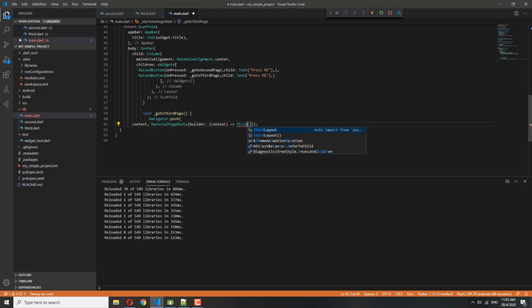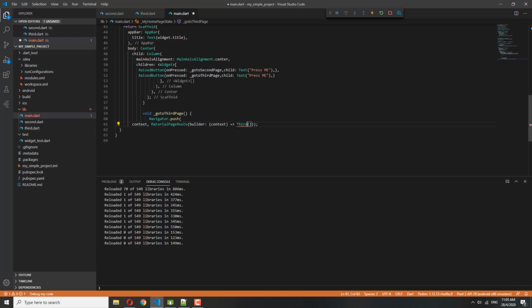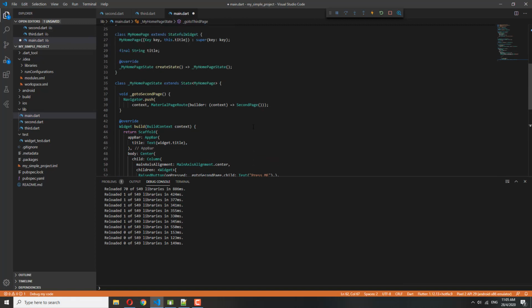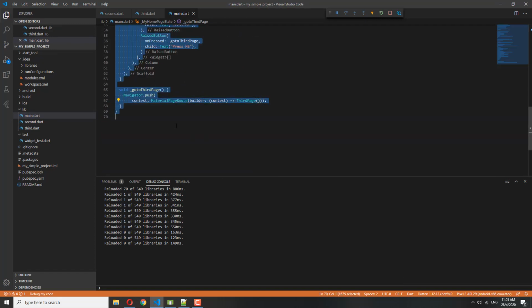Oh, should name it third page. Let me rename that class to third page. Right, so third page. Okay, so second page, third page, reformat the code, save,